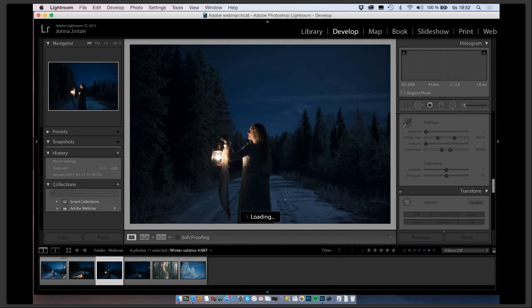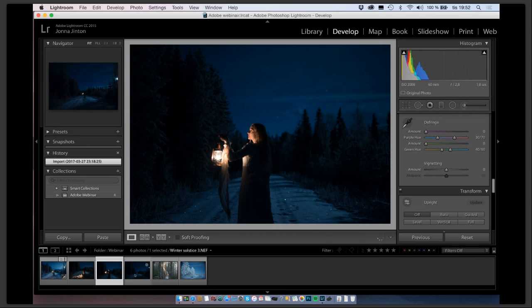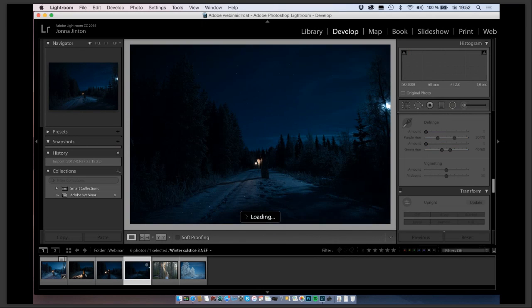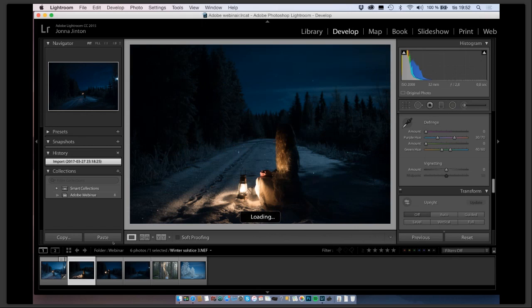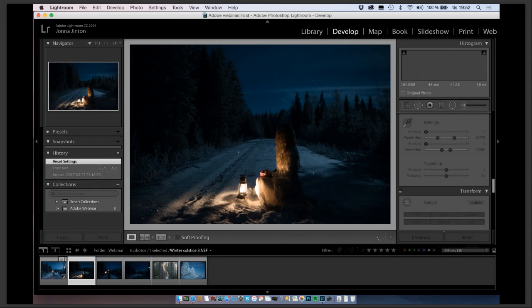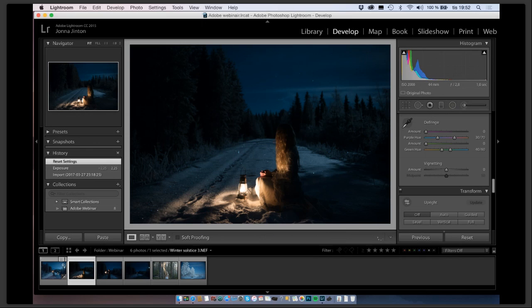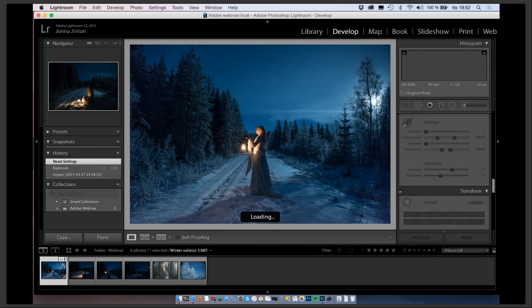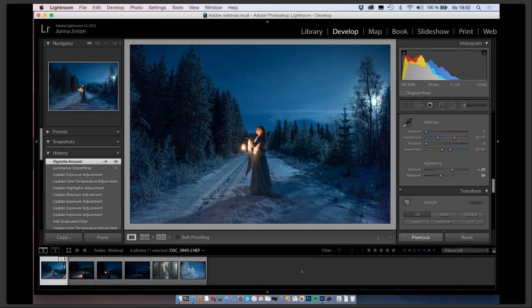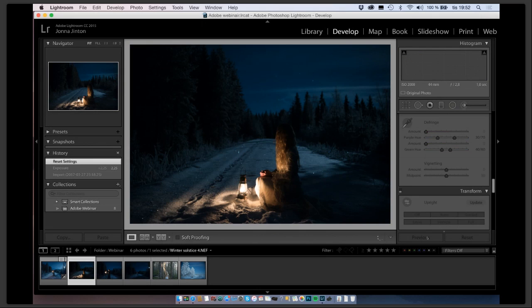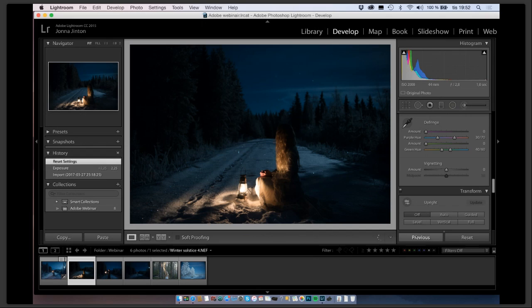And sometimes I want to edit them all. A really good tool to edit them quickly is to go to this photo that I did first, and then I go to the next photo I want to edit in the same style, and then I click on this button that says previous, and it